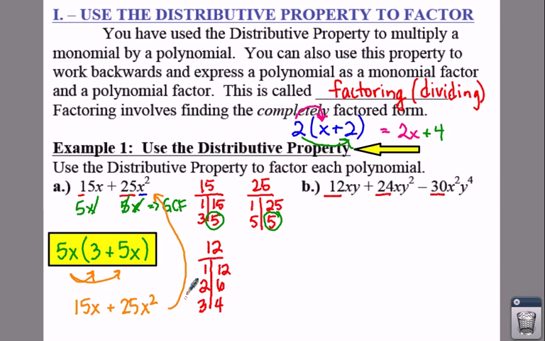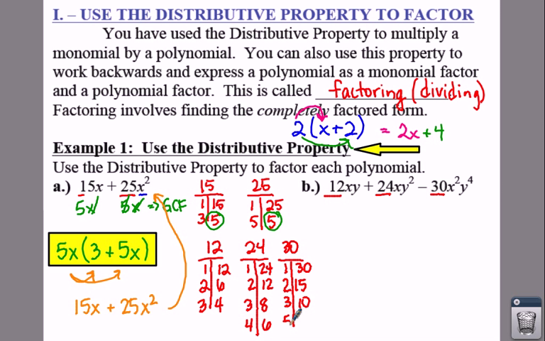We're going to try to find out if 24 and 30 have any of these numbers in common. So let's do 24. This will probably be a little bit longer list. So you have 1 and 24, 2 and 12, 3 and 8, 4 and 6. If you look at just these numbers, notice they each have a 12 in common. That'd be great, but we have a third number which we also have to make sure has something in common. This would be 1 and 30, 2 and 15, 3 and 10, 5 and 6. So unfortunately we don't have a 12 over here